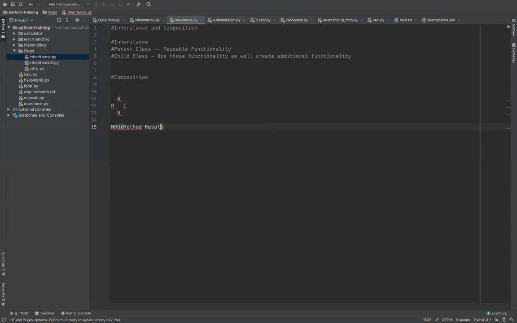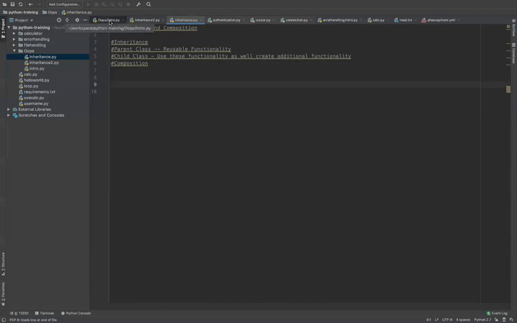Method resolution order. Okay, now before we go ahead, let's create simple classes for inheritance. For example, yesterday we learned about the employee. Let's try to create a person class.